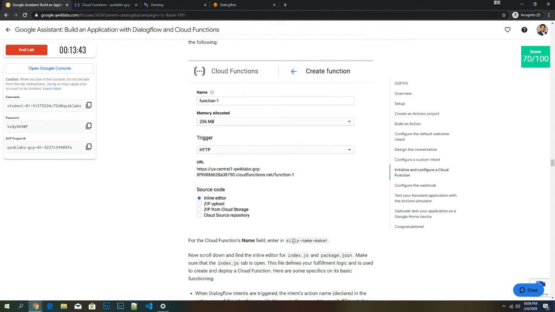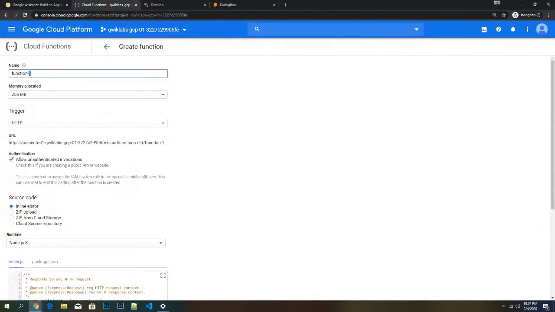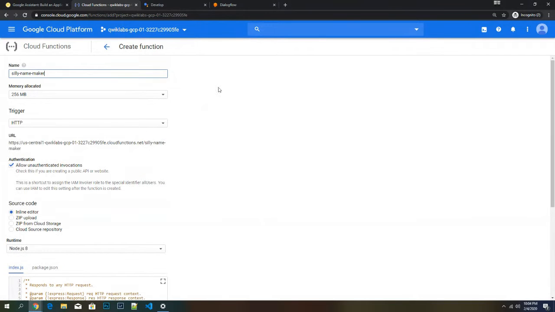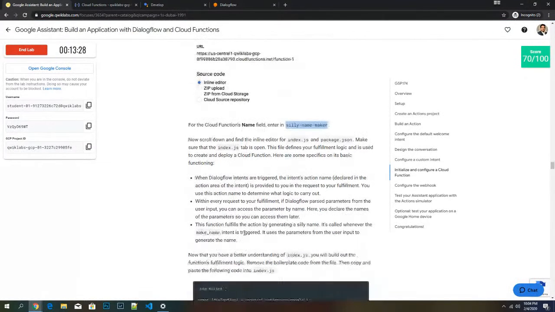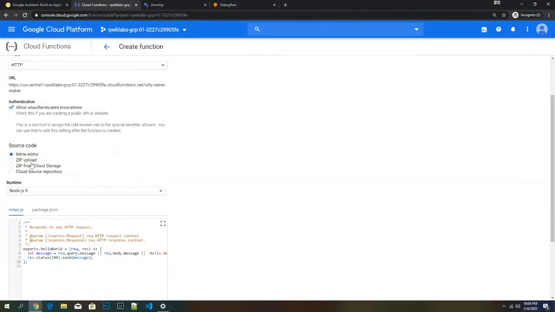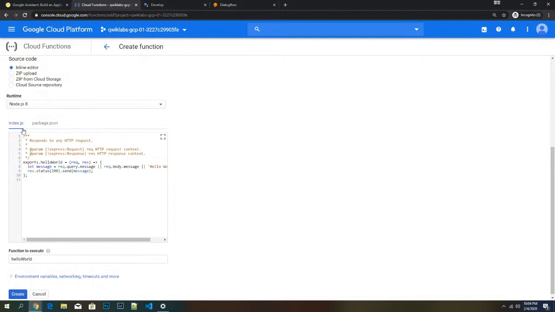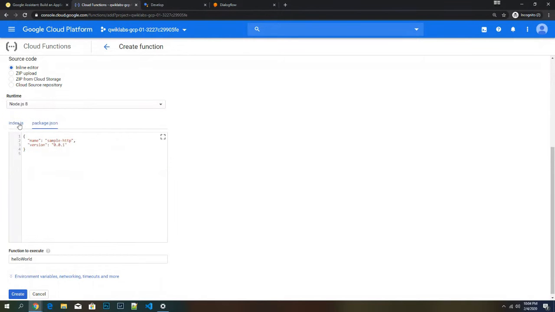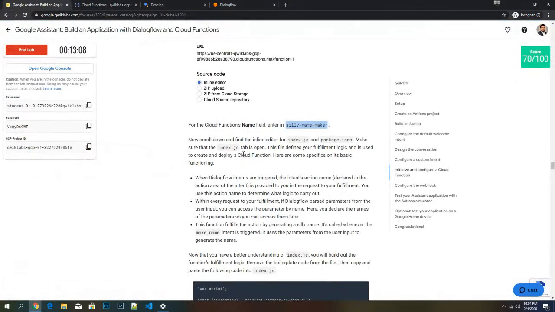So for the name, enter silly name maker, and while we do that, back to the console, enter the name as silly name maker as shown in the lab, and scroll down and find the inline editor. So you can see other options like memory allocated and trigger. By default, it's selected as inline editor. We have two tabs. One is the index.js tab and the other is the package.json tab. So within that,